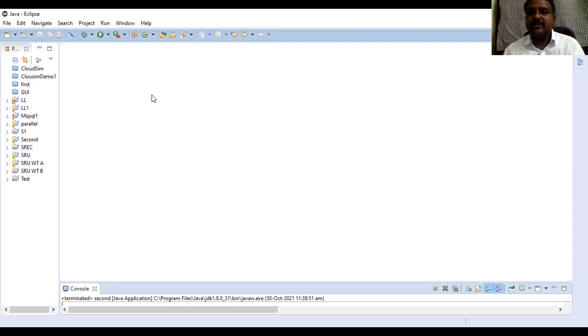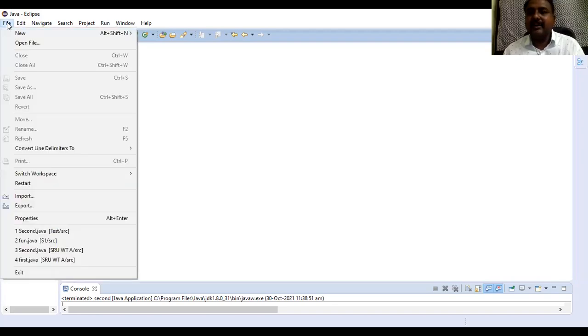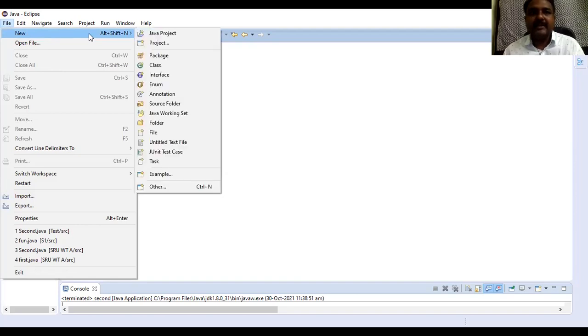For doing all those things, we are going to use the editor called Eclipse, an integrated development environment by which we can easily design and execute programs in the same environment. First, we are going to start a new project. As you can see in the Eclipse window, I'll start a new project here. I choose File, then New, and then Java Project.